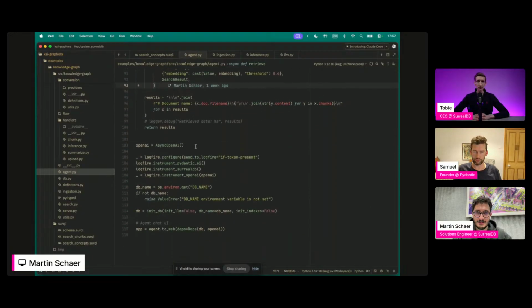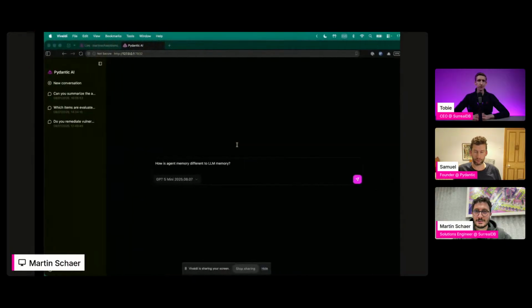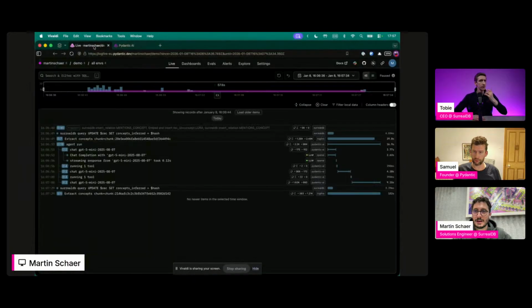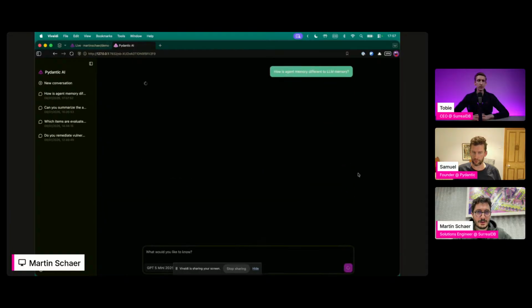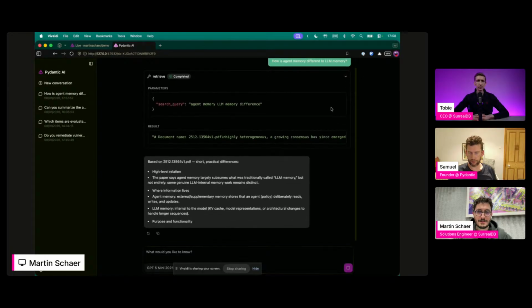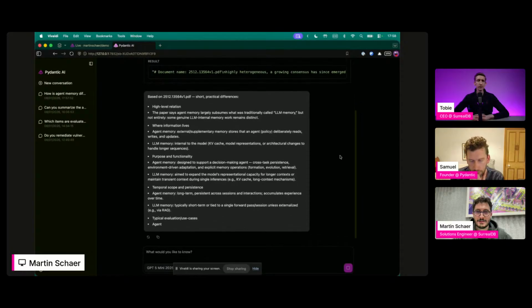And let's see it running. Yeah. So let's go here. I have a pre-run here just in case, but let's do this. Hopefully I'm connected to the right database. This is a research paper about LLM memory. There you go.